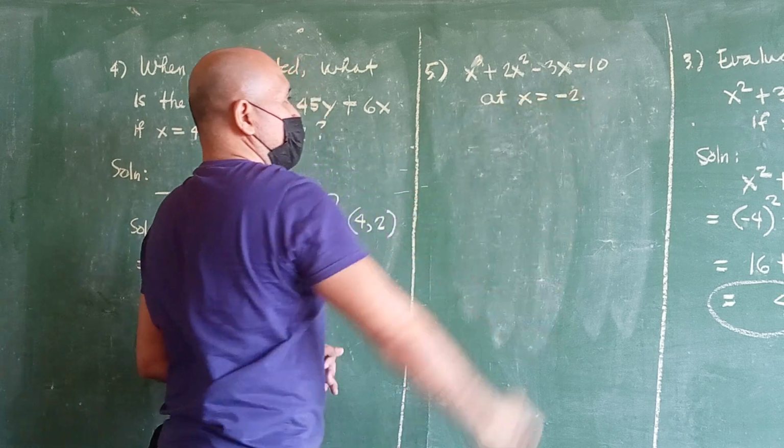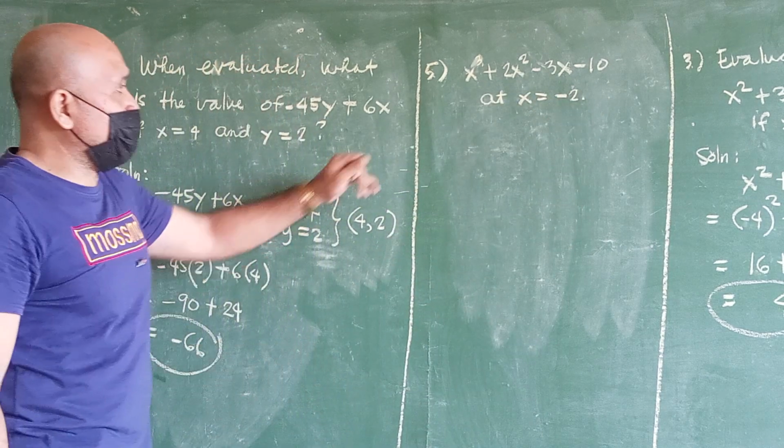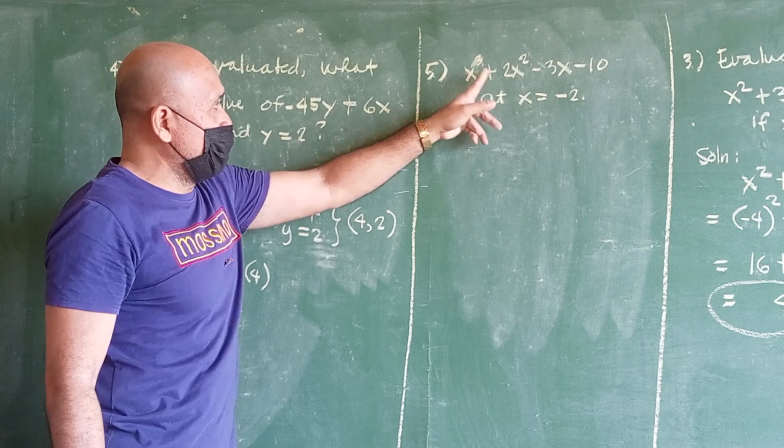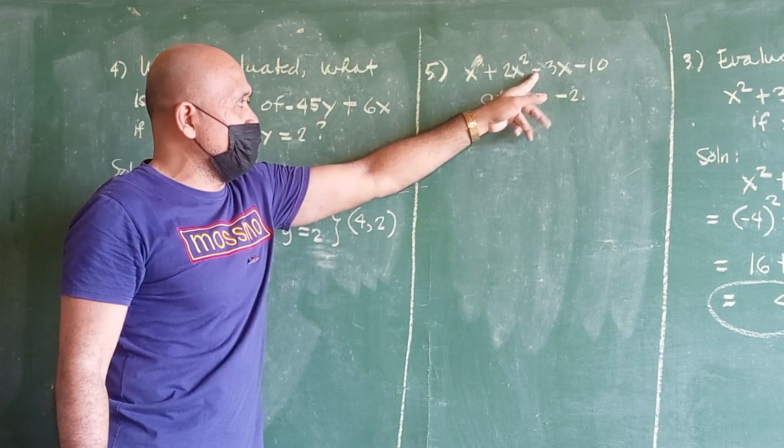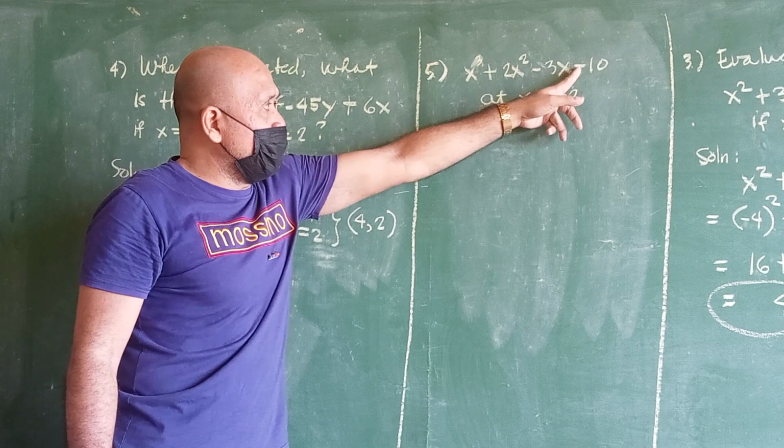The instruction is: evaluate x cubed plus 2x squared minus 3x minus 10